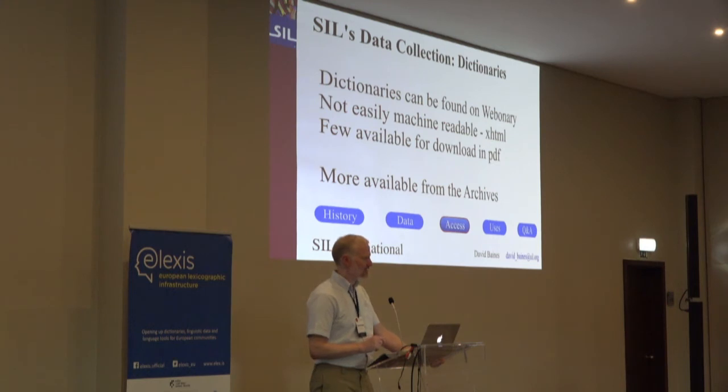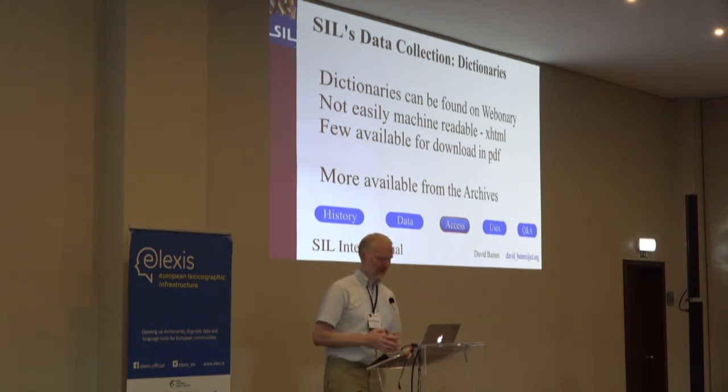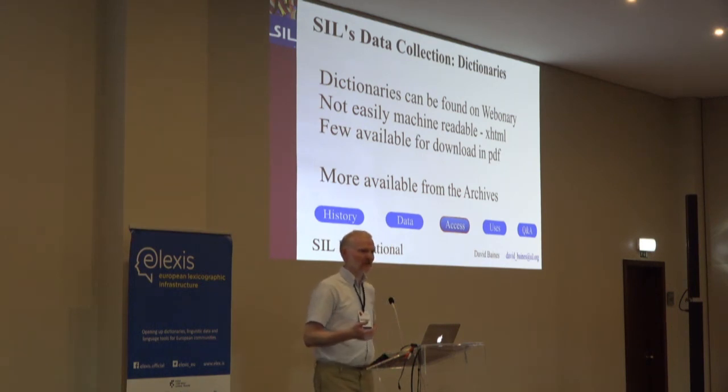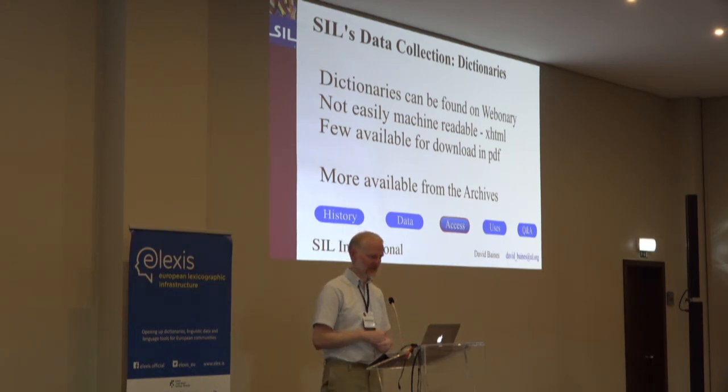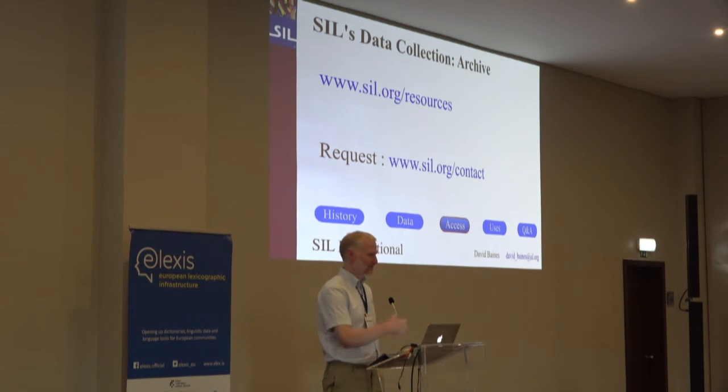Moving on to dictionaries now. There are some on Webinary. They're not all that easily machine readable because they're in XHTML. Some of them let you download a printed version that may have been formatted as a book, and it's a PDF file. The archives actually have about 1,100 different things that are listed as dictionaries, lexicons, or vocabularies,